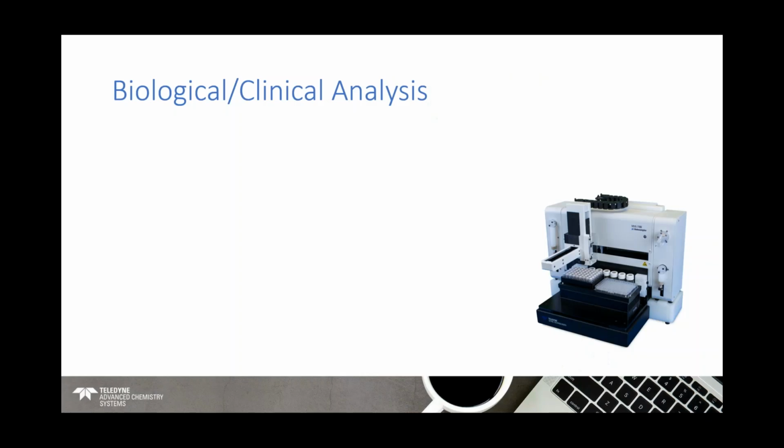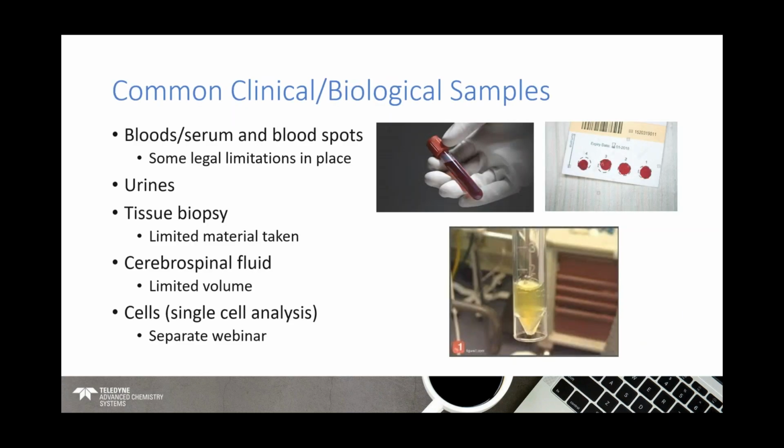I'll start off with one of the common areas for this kind of work: biological analysis, clinical research, clinical development, etc. There are a number of common clinical or biological sample types applicable to ICP-MS where the MVX can certainly offer an advantage. Blood and blood serum is a type of analysis in ICP-MS for a lot of different laboratories,